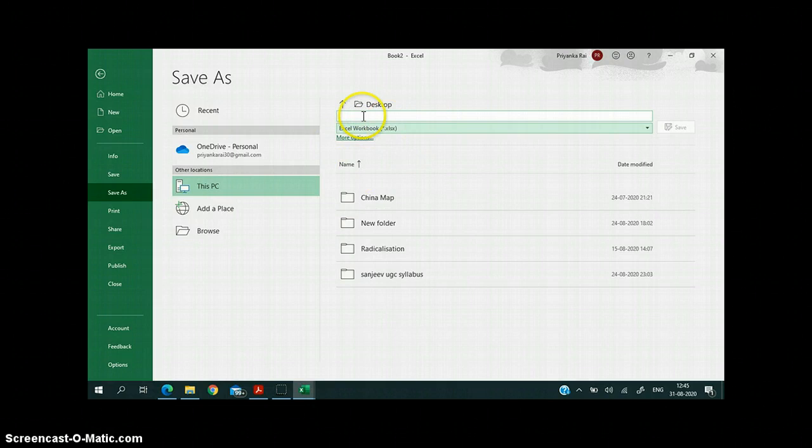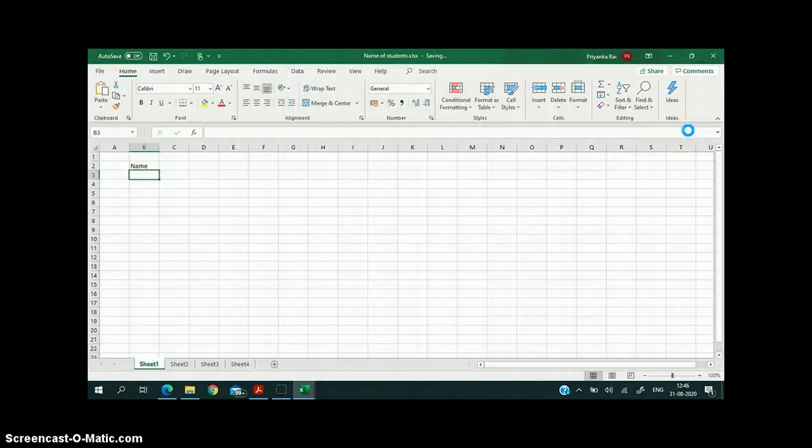And it will prompt you for the name, what name you want to give. So I'm giving the name students and I will click on this save button. The data is saved now. And as you can see here, name of student is written. So this is the name of the workbook and it is displayed on the title bar.